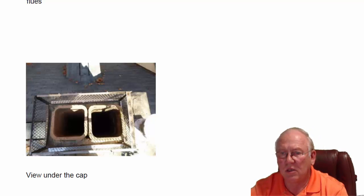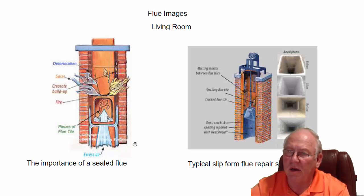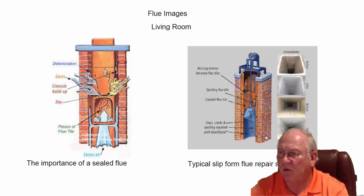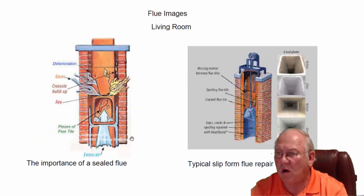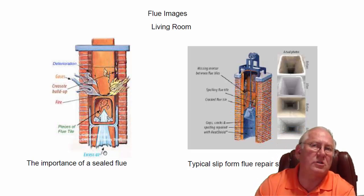I also included pictures on how the living room flue could be repaired. And if you look at my information here, you'll see that that is my recommendation. My recommendation is not to use the den fireplace, and repairing the living room fireplace flue and repouring the crown. I've given you some prices on doing that, and this is basically the reason why you don't want a leaky chimney, and here's how it would be repaired. So questions for me, give me a call,